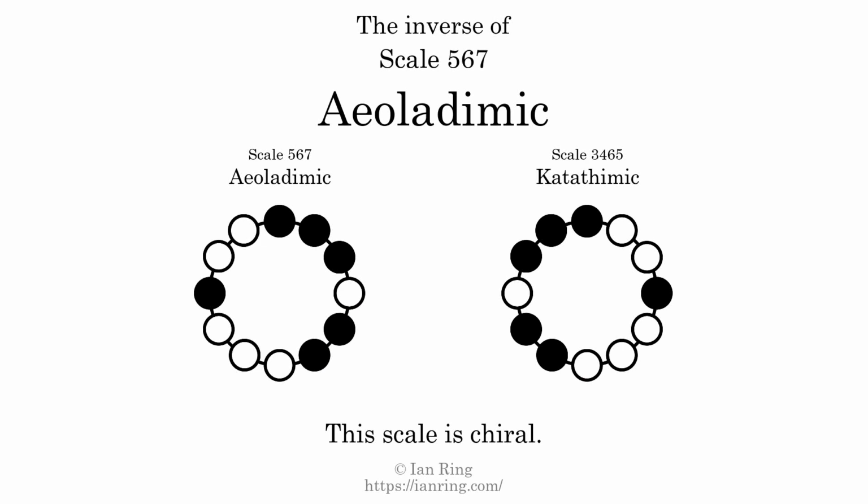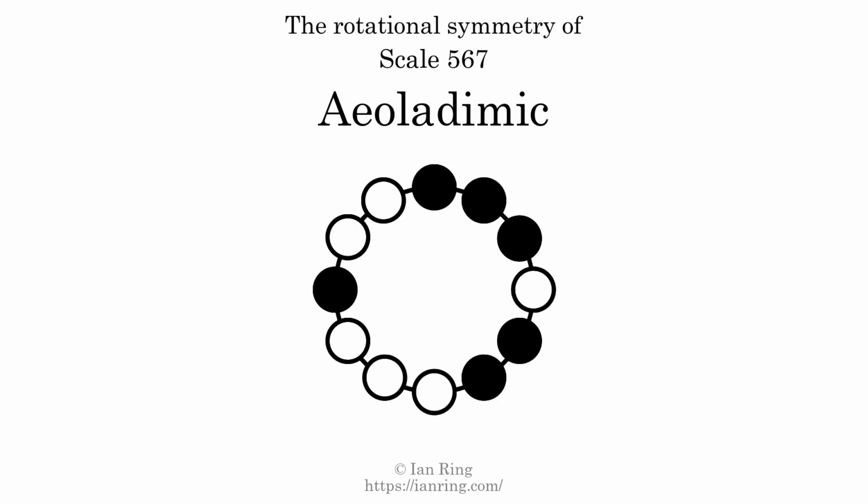The inverse of a scale is a mirror image. It is what you get when the sequence of intervals is reversed. The inverse of this scale is scale 3465, also known as catathemic. This scale is chiral. It cannot transform into its inverse by rotational transformation. This scale has no rotational symmetry. For even more detail about this scale, visit